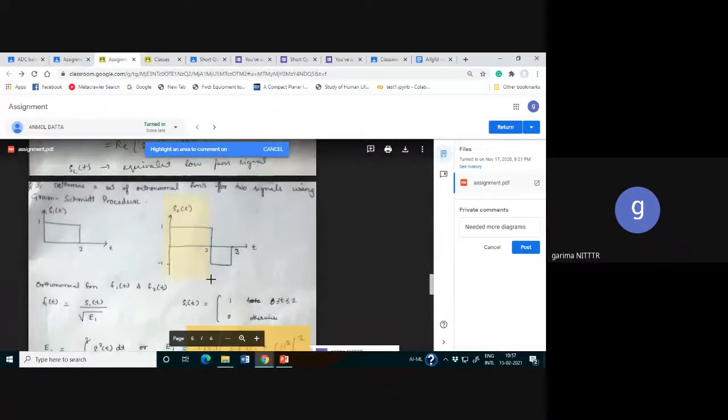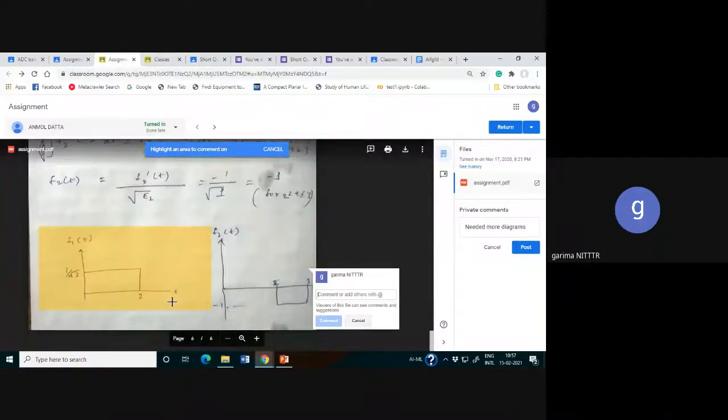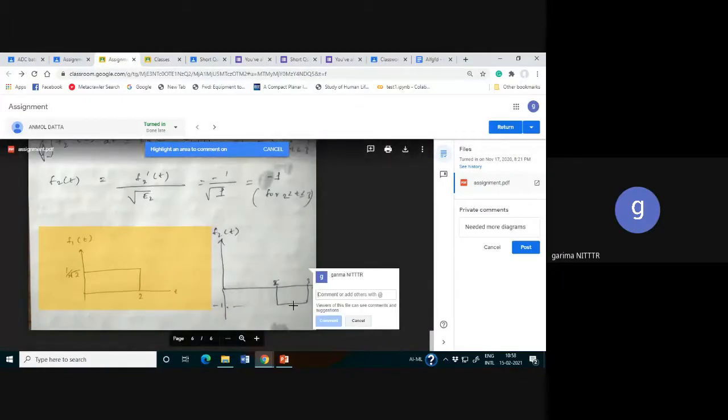It is up to the teacher which particular slide you want to highlight. You highlight that area and give a comment. Suppose, hypothetically, I comment that a neat diagram is needed, I'll edit, and finally I'll return that.